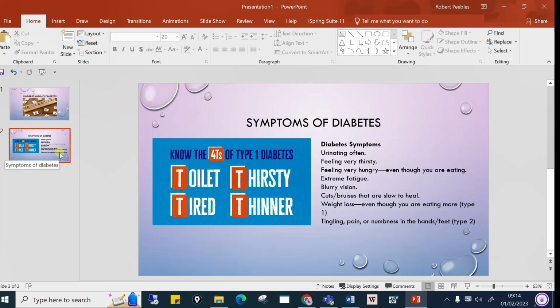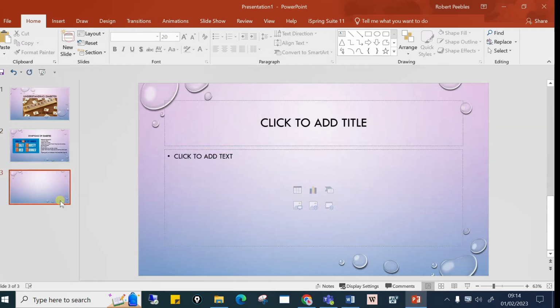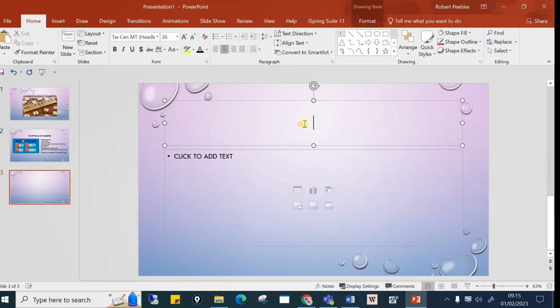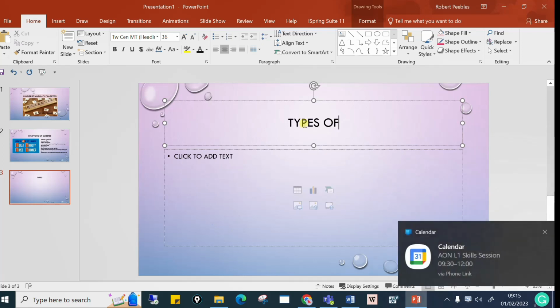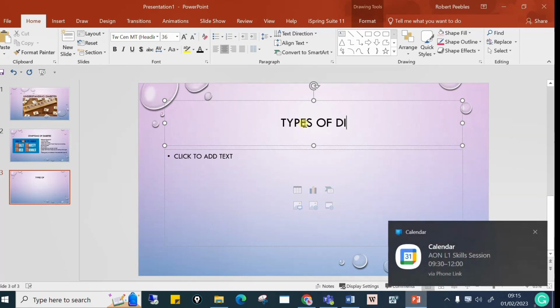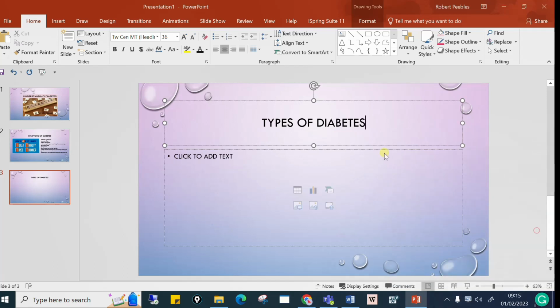Okay, so now we've completed that one. We want to then insert another, or we can just insert another slide. So click on that and it will then put my next slide in, and for that will be the types of. So again I would click types of diabetes, and